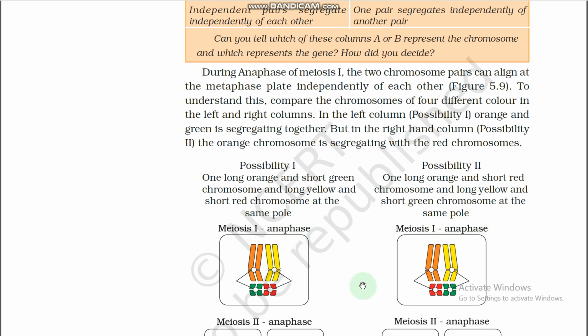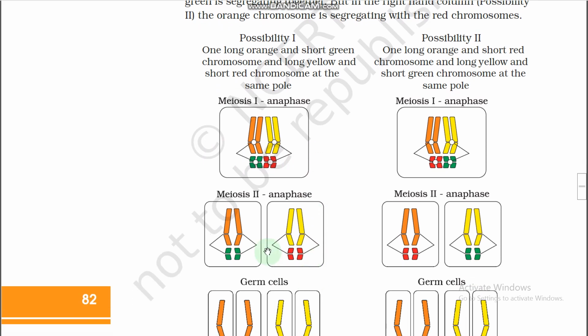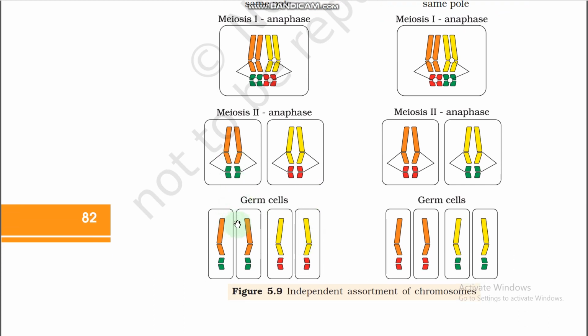In the anaphase what happens? The chromosomes, the chromatids are pushed towards the poles, right? So here from one cell two cells are formed. Here also two cells are formed, and this pair reaches this cell, this pair reaches this cell, and this one reaches here, and this one reaches here, and the centromere disappears, and it is ready to go separately, independently. So here see, from one cell two cells are formed, here also from one cell two cells, here also from one cell two cells.